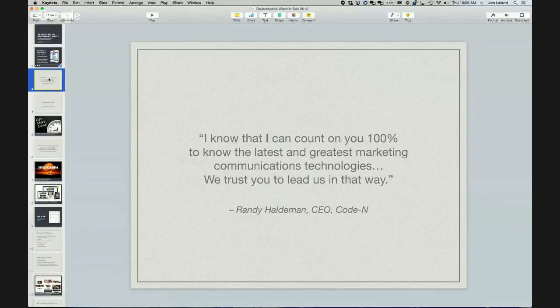And Randy Haldeman generously says that he trusts me, and I've actually worked with Randy at about 4 different companies to lead him the way in terms of the kind of thing that I'm talking to you about